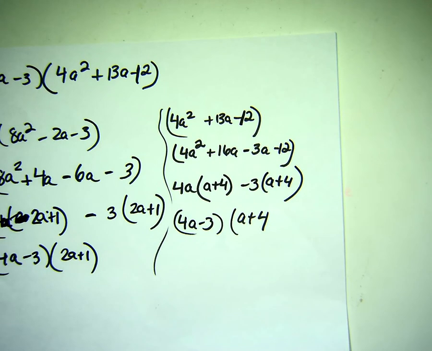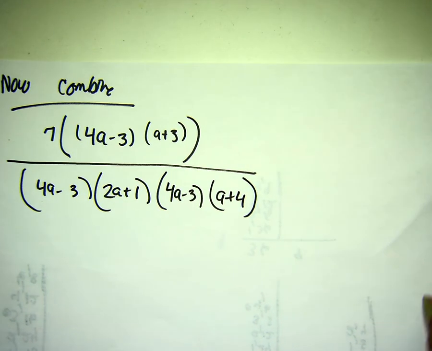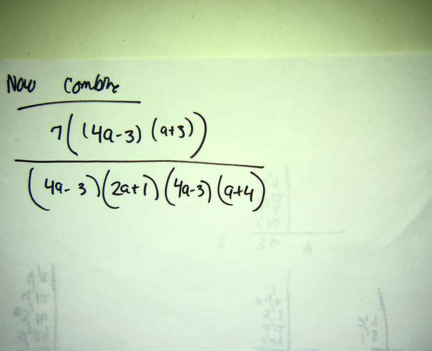Now remember, that was just the denominator. There's a lot more to go. Now we're going to combine it. So here's your numerator and your denominator together. So we can see that we can actually factor out